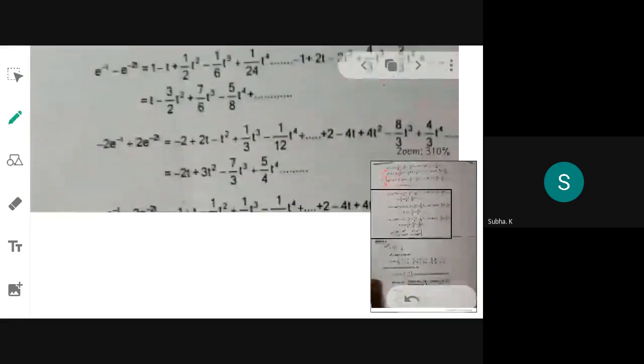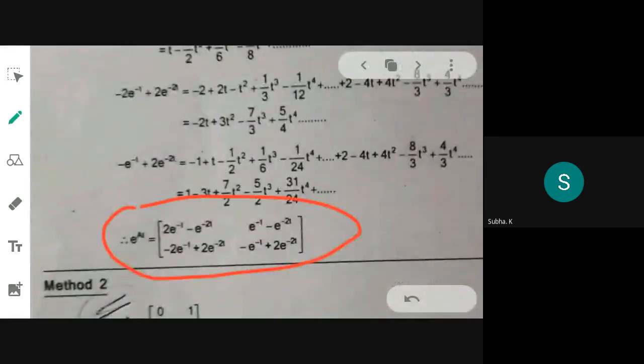They have obtained e power t, e power minus 2t, 2 power e into e minus t. Then they have used this combination and rewritten the answer like this in terms of all these parameters. You have to do the assumption by trial and error only. You can do this final simplified answer.